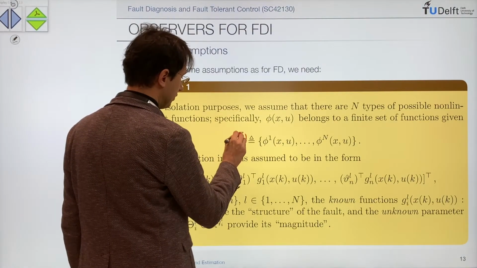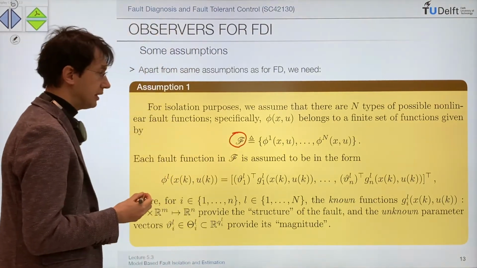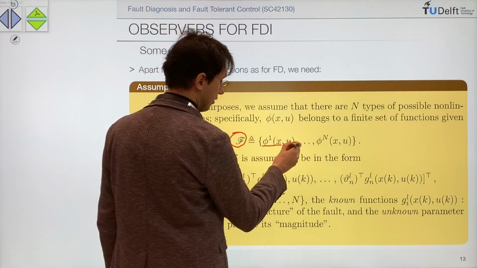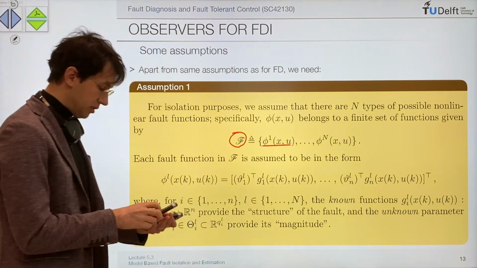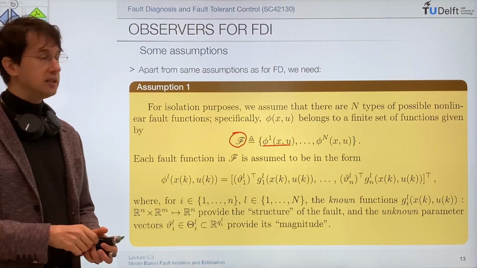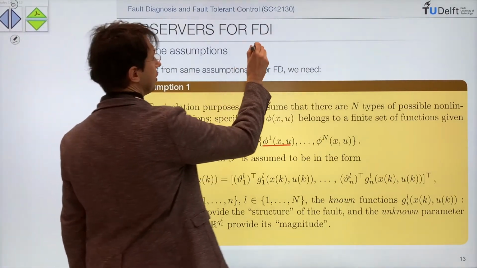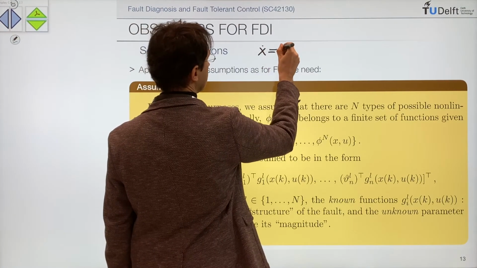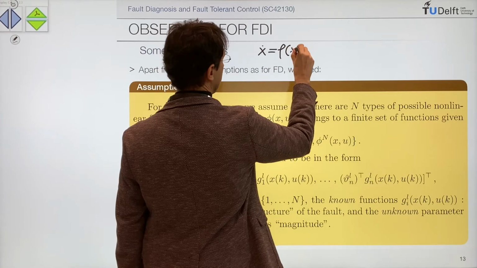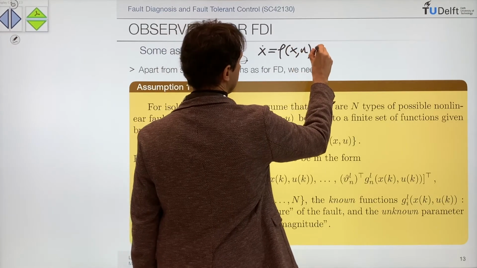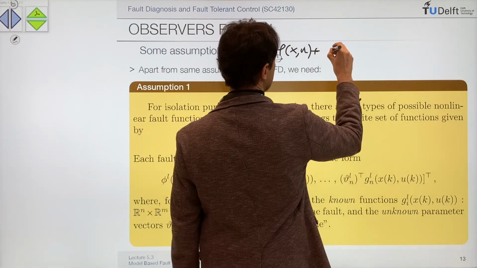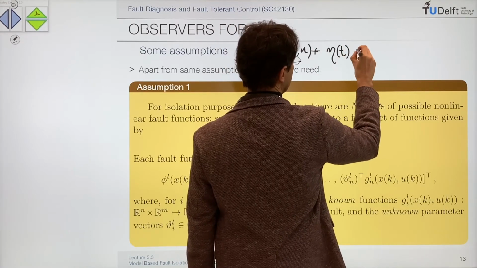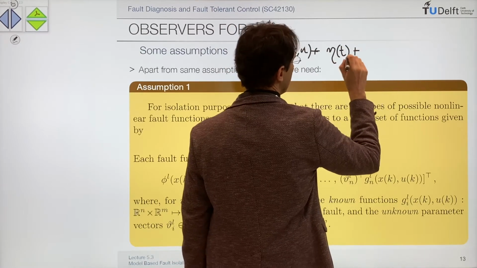We call it the fault class, and this set has several elements which are fault functions. Because you remember, we model the system with a fault using an equation like this in continuous time. So we have a nominal dynamics plus the uncertainty. Let me write it with a short notation, plus